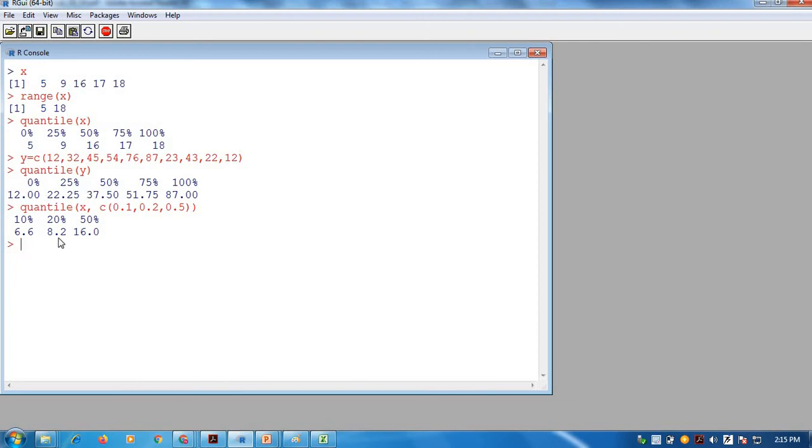In the same way, if I apply it for the y data set, you will get different values.